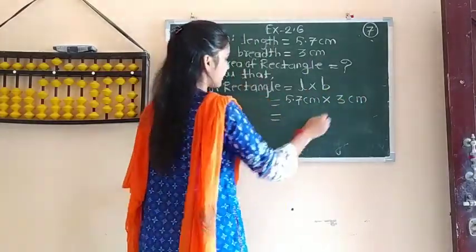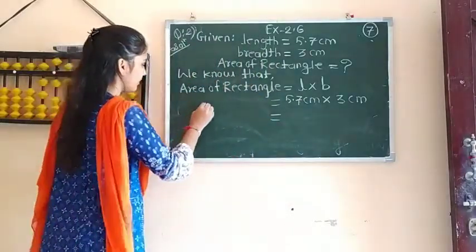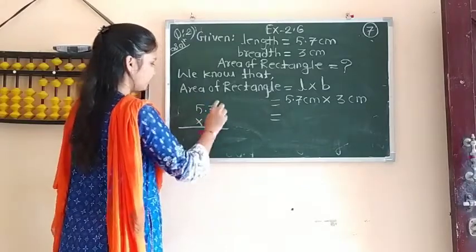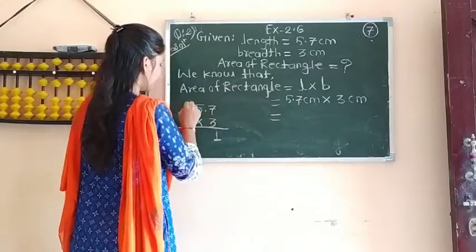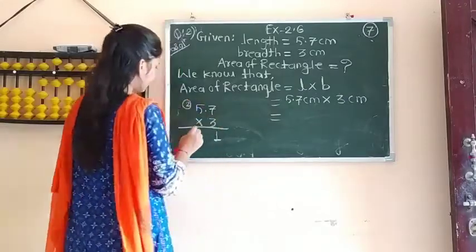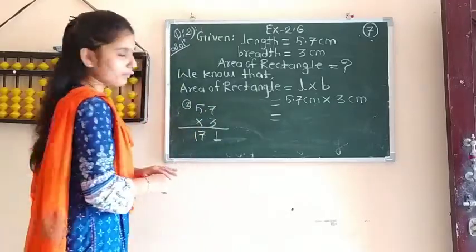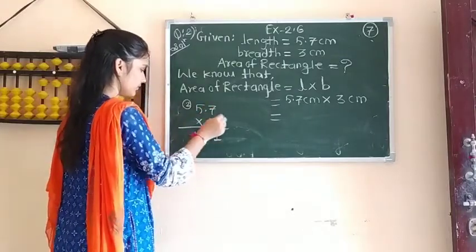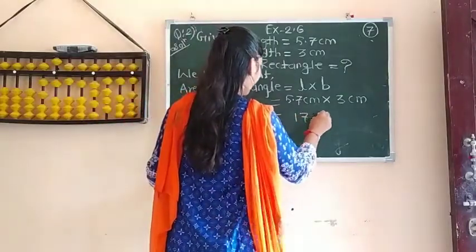Now multiply this. 3 7s are 21, or for your understanding I am solving in the general way. But you have to solve this in your rough page. Okay. Don't show this multiplication. No need to show this. 3 7s are 21. 2 carry. 3 5s are 15. 15 plus 2 is 17. Okay. Now you have to put the decimal point. See, after 1 digit there is decimal. So put after 1 digit decimal from the rightmost side. So the answer is 17.1.